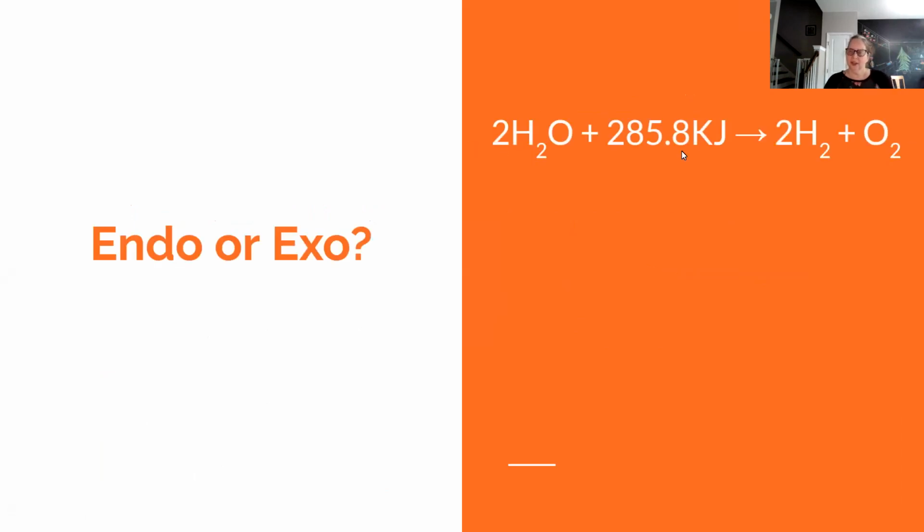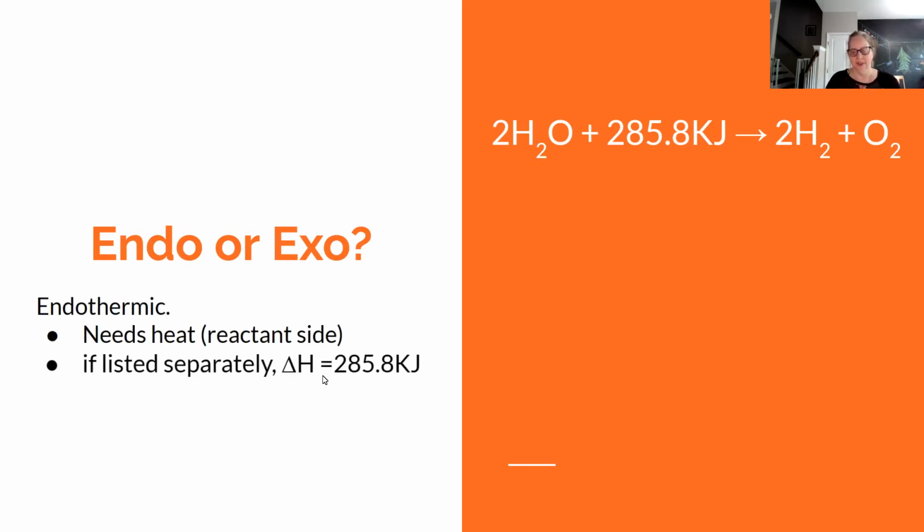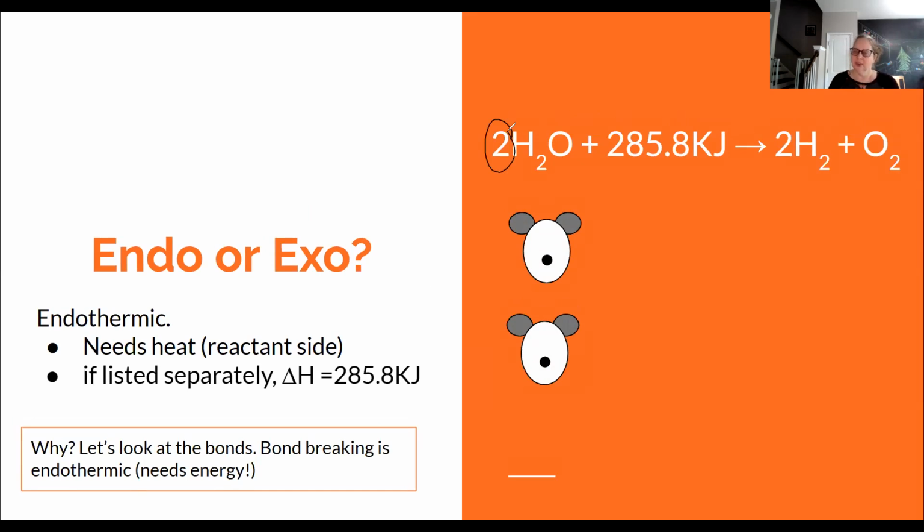Okay. So when I look at this reaction here, I notice this energy is on the reactant side. That means it's an ingredient, so it was used. So that is endothermic. It could also just be listed as delta H equals 285.8 kilojoules. Now let's look at that in terms of bonds breaking and bonds forming. So we have 2 Mickey Mouse molecules here. Why do I have 2 of them? Because I have 2 moles of water. So it's easy just to show that as 2 sets of water, where your hydrogens are your ears